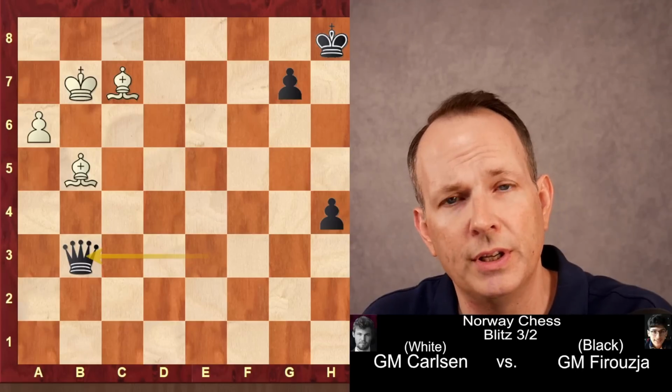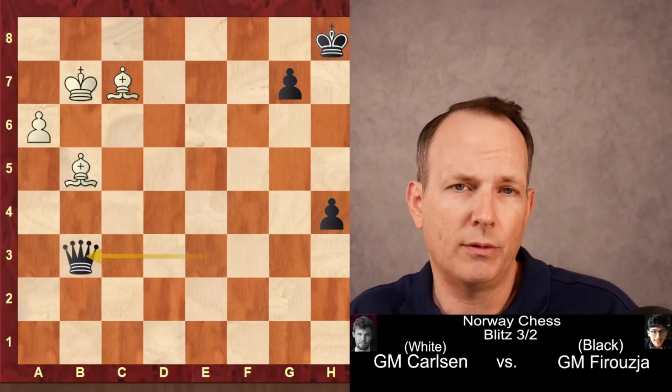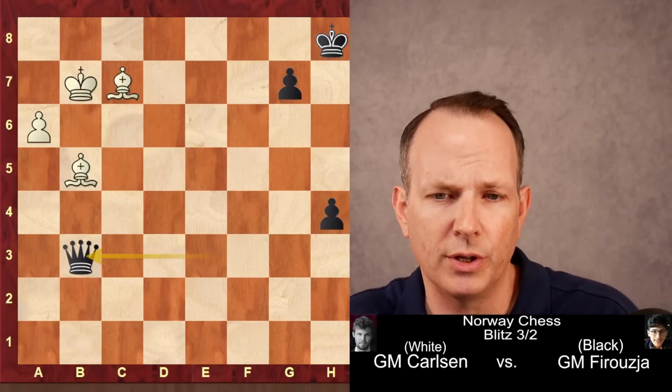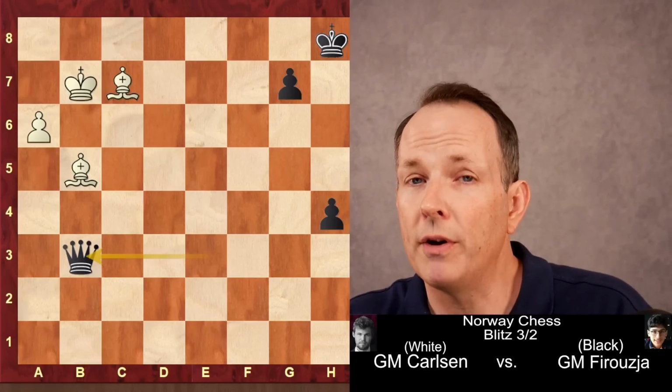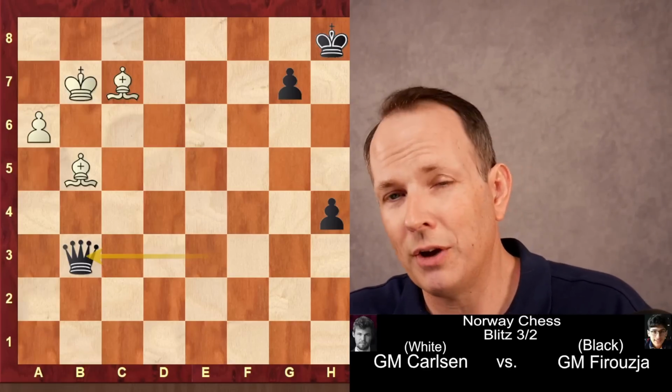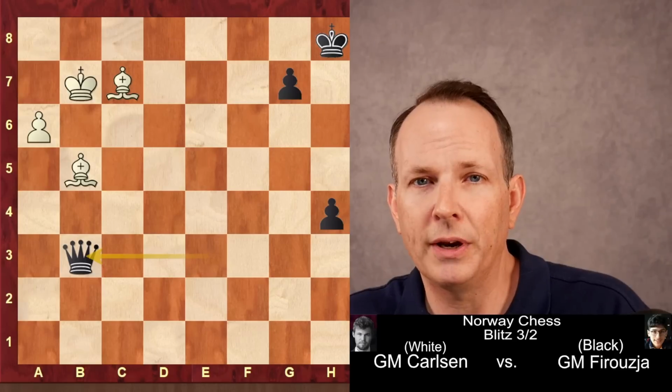And in this position, it is a draw. They didn't actually repeat the position three times, but they just agreed because they were about to. So Firouzja came back from a very, very bad situation, a tough fight between two elite players, ending in a